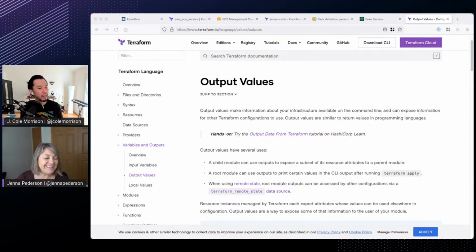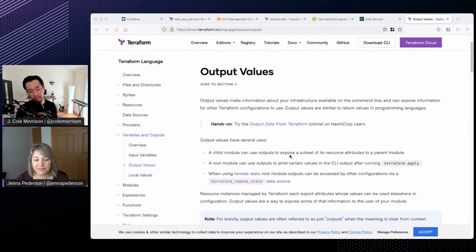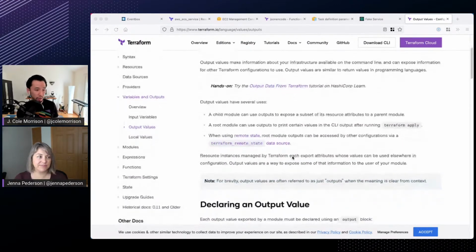So output values: when a resource is done, we can output values from them, much like how we can reference attributes in between resources. What if we just want to know those values and see them? Well, this is what we can use to do that. So instead of going through the whole doc, I'm going to put this in here so you can reference it at your convenience. But why don't we head back over to your code editor